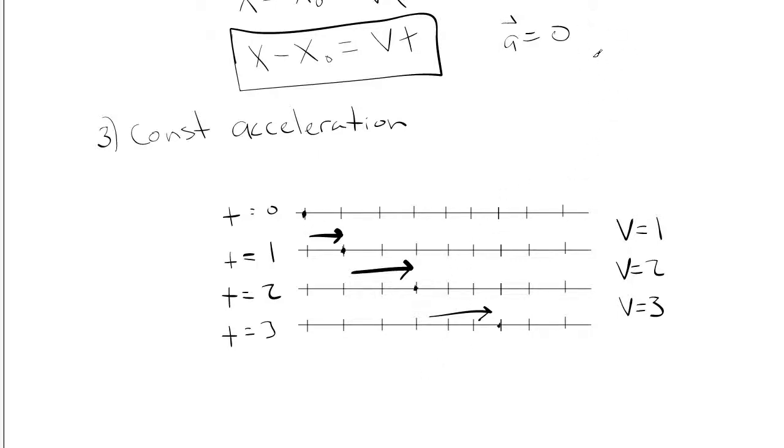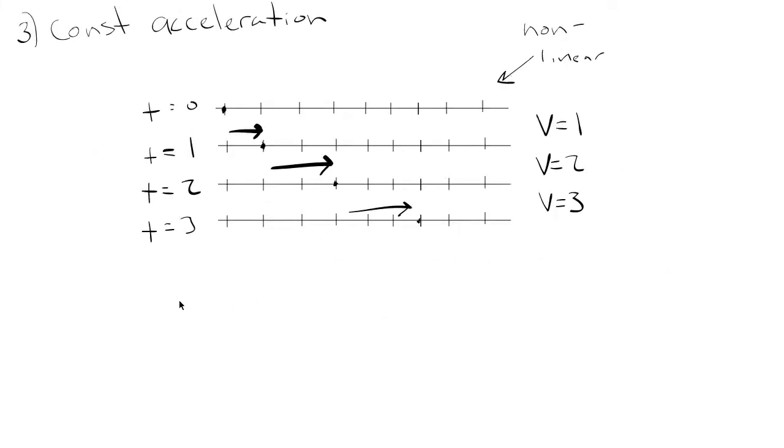Up here, when we're dealing with constant velocity, the relationship between position and time was linear. The relationship between position and time for the case of constant acceleration is nonlinear. But let's start by taking a look at how velocity